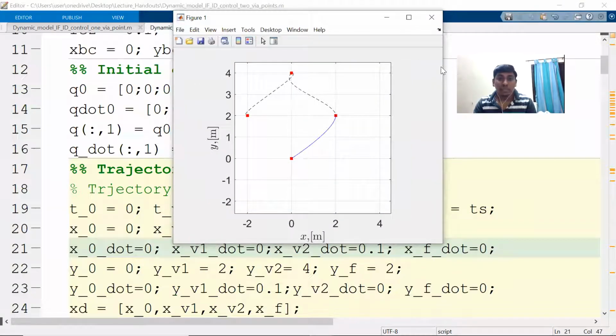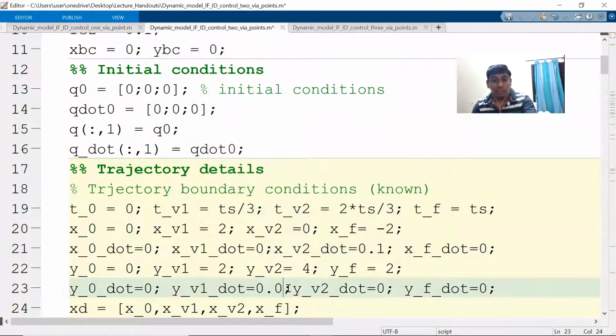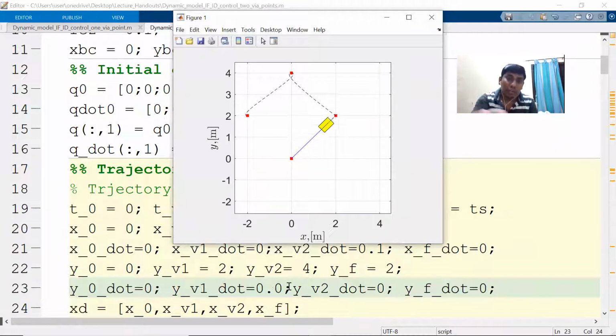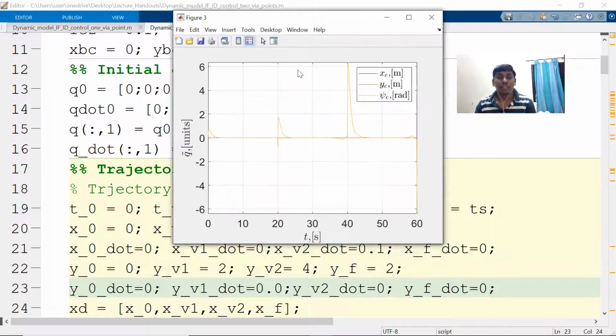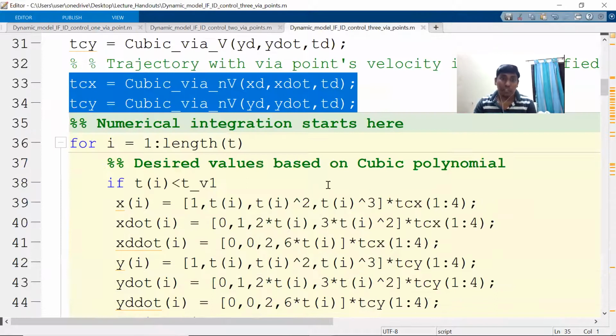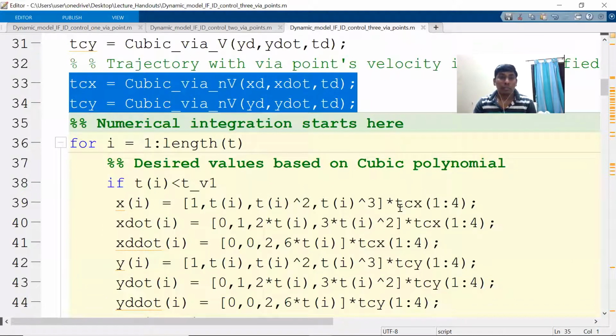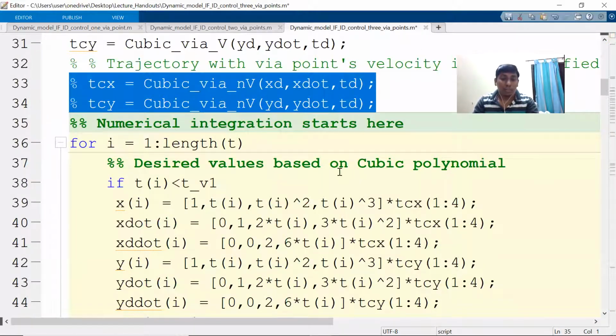So now I'll make this for our understanding. This I'll make 0. I'll just try to show. If the wire point velocity is there, this is the case where the wire point velocity is there. This is a very curvy nature. I don't know whether it is able to follow. Here, fortunately, it is able to follow, and you can see, right? So it is very good in one sense. So right. Now the same thing we can extend to 3 wire points, right? So now we added one more wire point. Okay. So now if I see, I'll just make it the blocks.